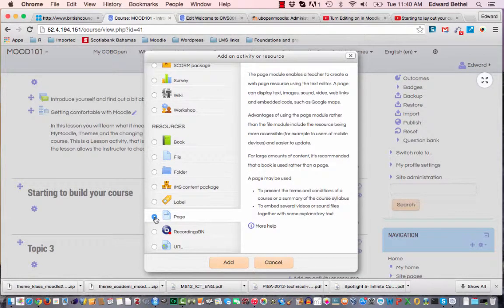And it's just some text with some formatting that you can add just to pass on some instructions, to transfer some information, and you'll see down here that it explains a little more some of the useful times when you can have a page in your course. I'm going to use it in this case to put the objectives for that topic. And so now you see why I didn't leave that description where it was, because I'm going to put it in the page. And so I click add,